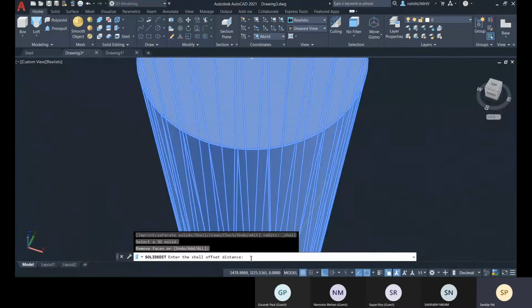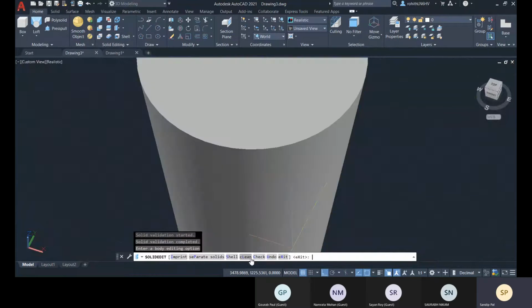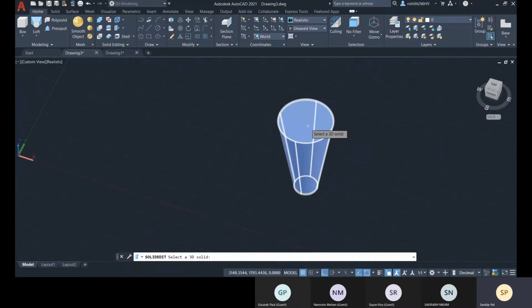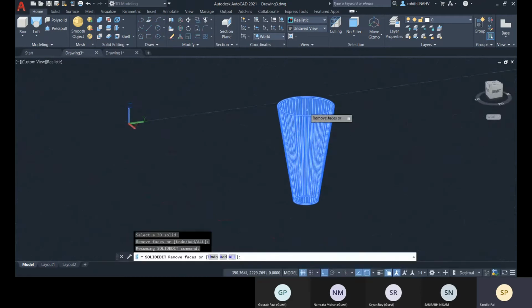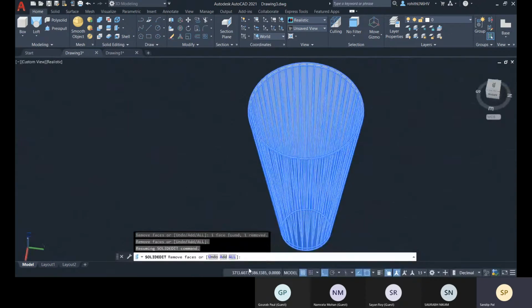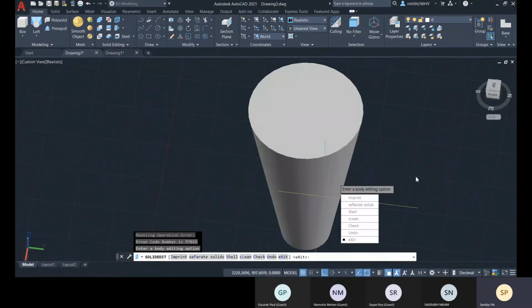Like give it 10, enter, and then you have to specify the face which you want to remove. So this face, see, this face has been removed, and you press enter, then shell offset 10, enter.